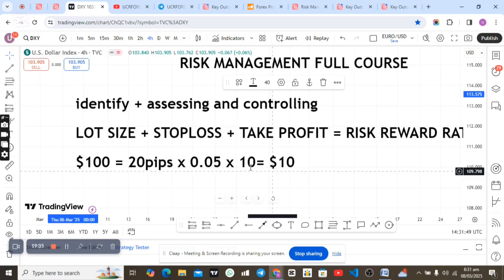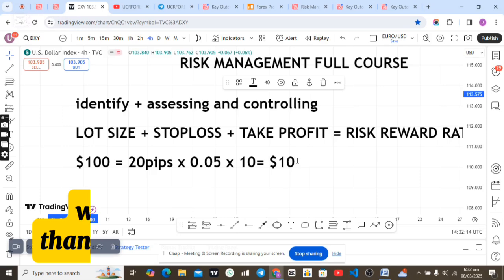Okay. Now, since we have been able to see the lot size, we want to know how much we stand to gain. Now you might tell yourself, if I risk $10, I want to gain like 30 USD. I want to make sure that I return like three times of it. The moment you are saying this, it means that you are a good businessman, because you can't risk something and then get half of what you risk. That is so bad, bro.